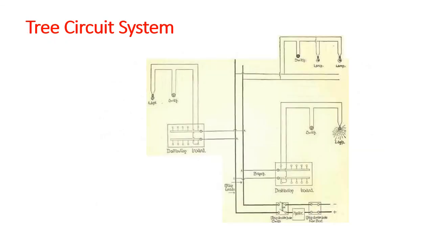And the other one is the tree circuit. How is the tree circuit? You can see the wire is drawn with the fuse and it goes in a straight line, drawing wherever you need. So this is like a tree with branches. So this is called a tree circuit. The circuit is complete but it is a tree. It draws wherever it needs. This is not a ring system, this is a tree circuit.